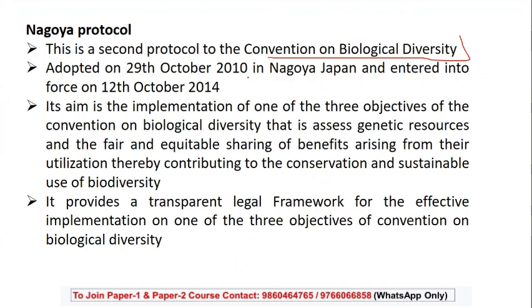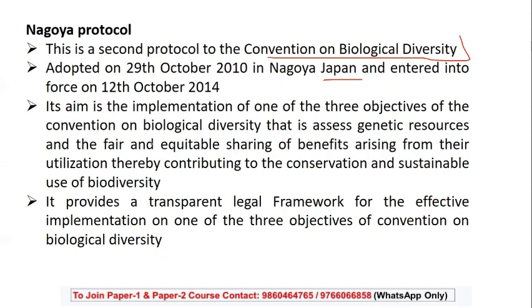As I said, for the Montreal Protocol, you have written, okay, ozone. For the Kyoto Protocol, you have written, okay, it is emission about carbon dioxide or greenhouse gases. So the Nagoya Protocol is basically related to the Convention on Biological Diversity. It was adopted in the year 2010 and came into force in 2014. Japan. So you may have the place also, Kyoto or Nagoya Protocol, where. You should be able to understand it and ensure that your smart notes help you out with all